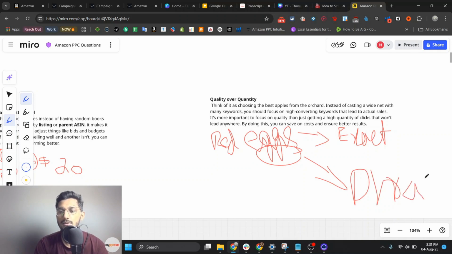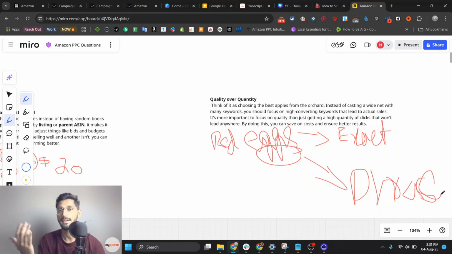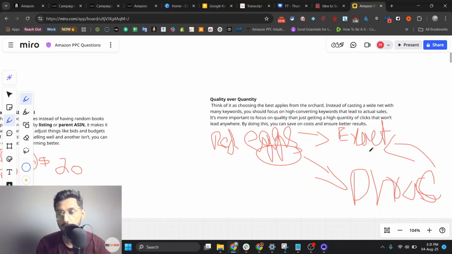So phrase match will give you more long tail keywords. For example, red eggs for kids under 9, something like that. So you will get a search term, you will test it out in the phrase match, and in phrase match you will get even more specific search terms which you can start investing in. The search terms you get from the phrase match, you can start testing on the exact match, and those search terms will have a lower CPC.